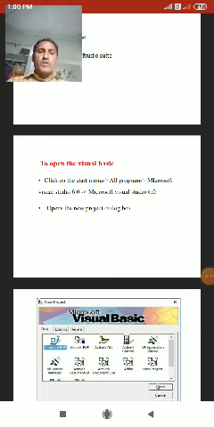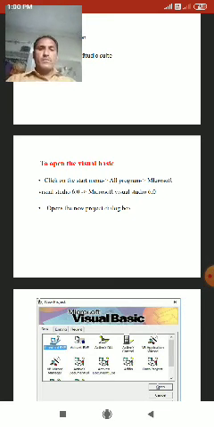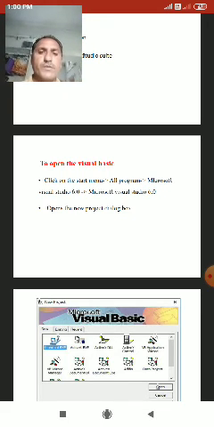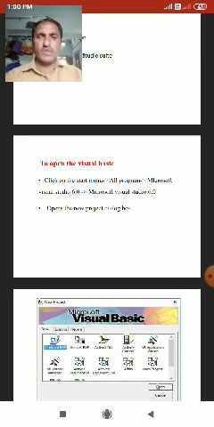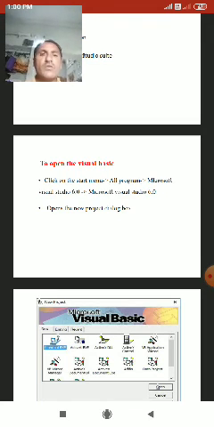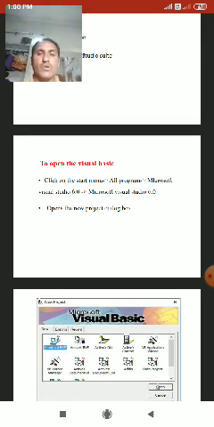Click on the Start menu, then All Programs, then Microsoft Visual Studio 6.0. Microsoft Visual Studio 6.0 opens the New Project dialog box.